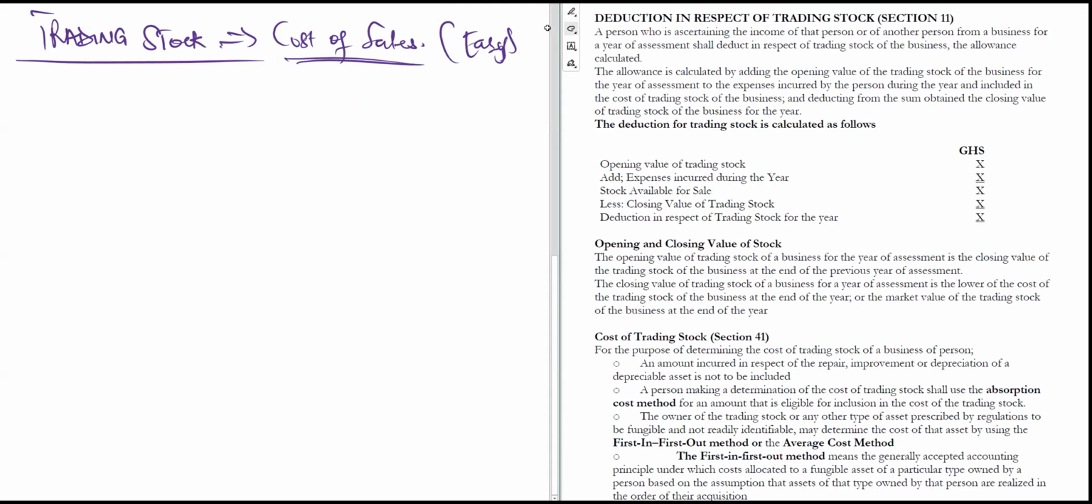So in accordance with section 11, it says a person who is ascertaining the income of that person or of another person from a business, are you getting it? For a year of assessment shall deduct in respect of trading stock of the business, the allowance calculated. And the allowance is calculated by adding the opening value of the trading stock, which is opening stock of the business for the year, to the expenses in the